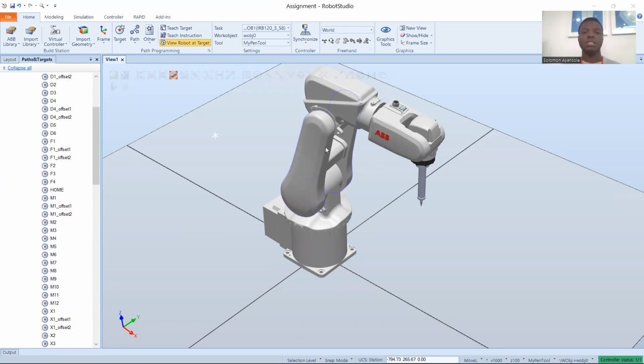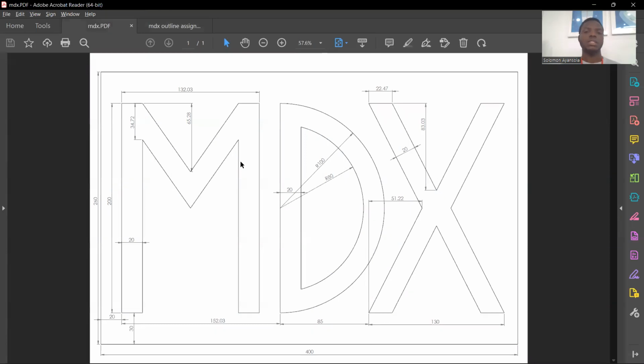I am here to make a short presentation of an assessment we were given on our robot manipulation course. In the assessment, we were required to draw some letters, MDX, using these ABB robots. And in order to do that, we were given some coordinates and some dimensions of some parts